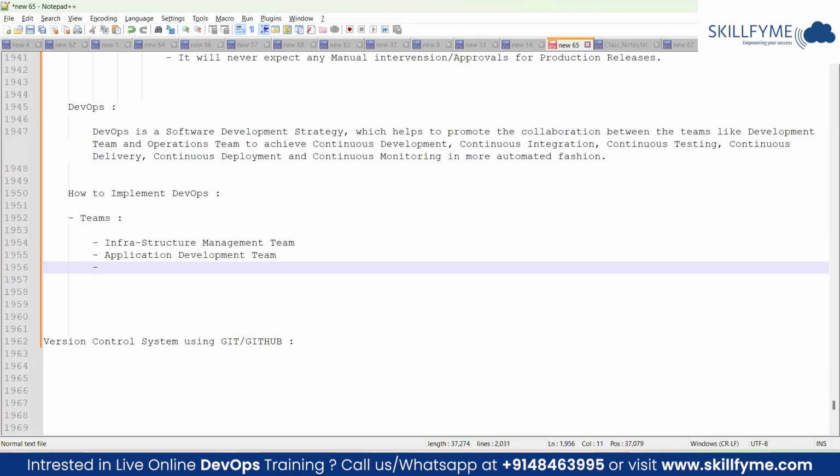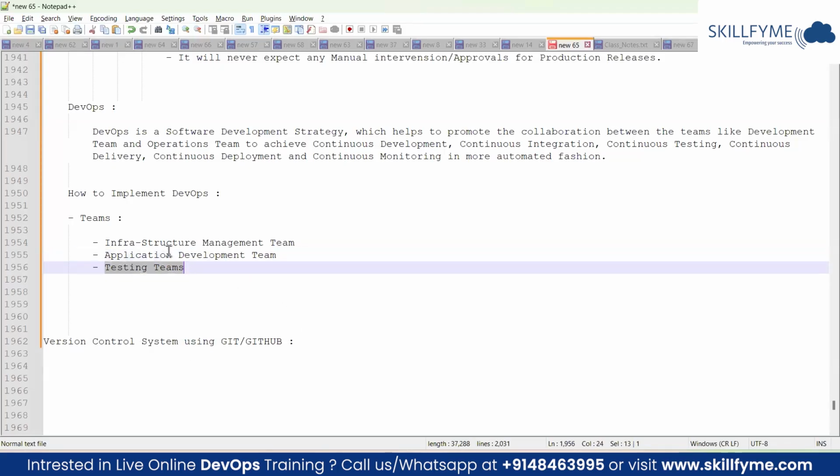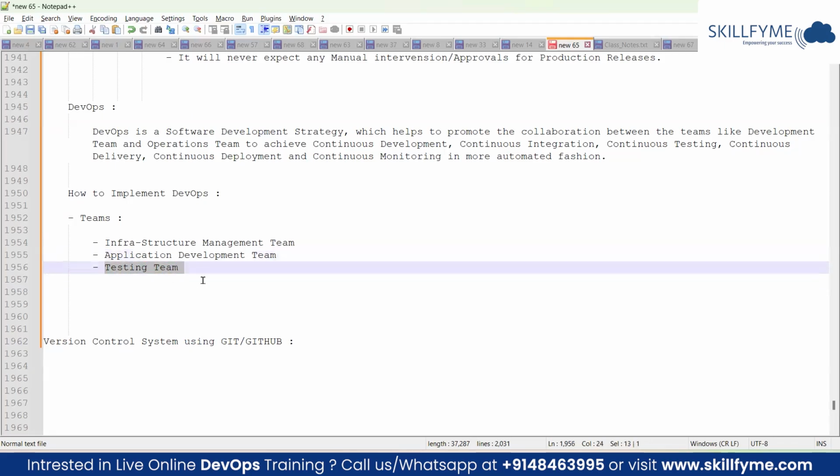Now, the next thing is we have something called the testing team. Once the application team develops the code, it is the testing team's responsibility to do a thorough testing of it. So, whatever the developer has created, whether he has created it as per the requirement or not. The changes, whatever he made, should fulfill all the business requirements. From that perspective, they do a thorough testing, starting from functional testing, regression testing, performance testing, everything will be done by the testing team at the core.